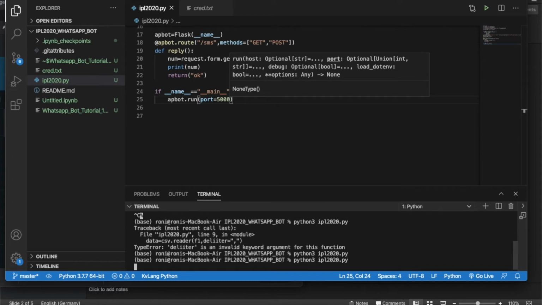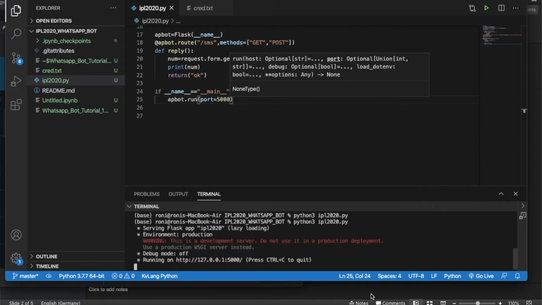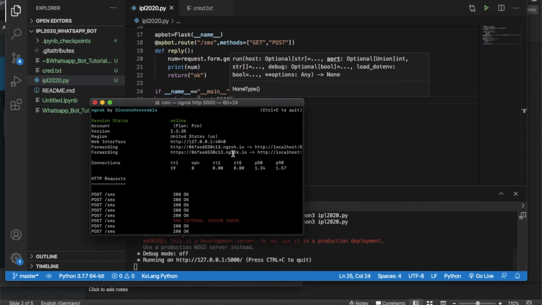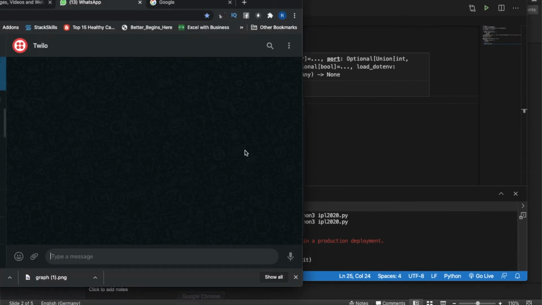So let's do this. Everything is running, and where is my ngrok? I forgot. Yes, my ngrok is actually running on this port, and the same IP address. Just remember this thing, the same host name.